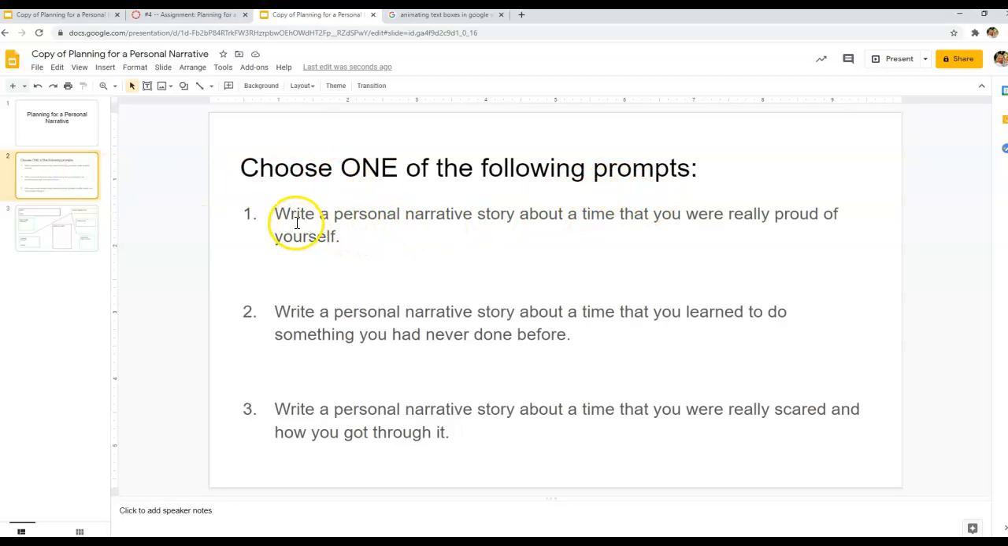When you go to the next slide, it's going to ask you to choose one of the following prompts. 1, write a personal narrative story about a time that you were really proud of yourself. It could be something really big, like you saved your little cousin from drowning, or it could be something small, like I passed a math test, or I helped my mom with dinner, something that you did that made you